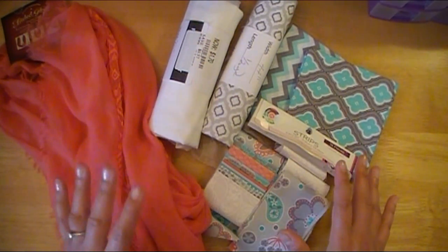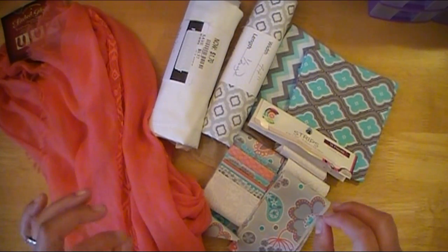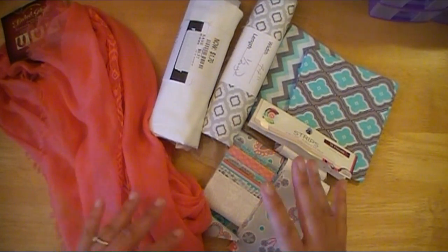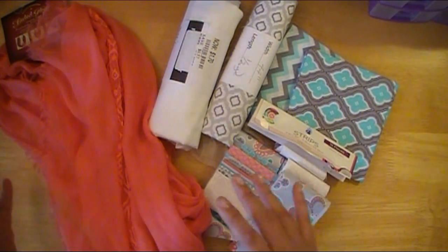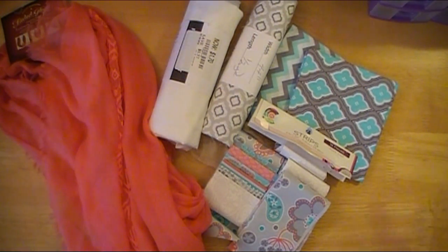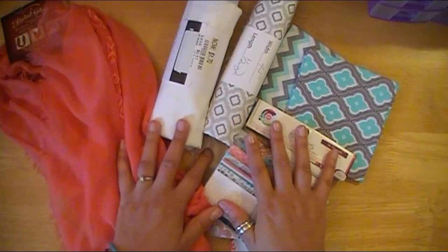I haven't decided yet what I'm going to tie all the fabric pieces on, what type of material, or if I'm going to use some really heavy jute or twine cording. I'm not sure yet, and I'll come back on camera once I've gotten the banner started. I won't be able to show the whole thing on my desk, because obviously it's going to be longer than my craft table, but I will do a closing, like a final view of the